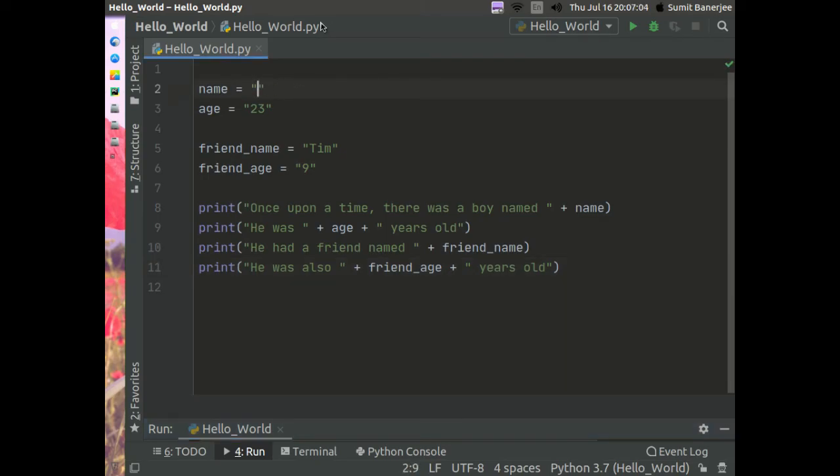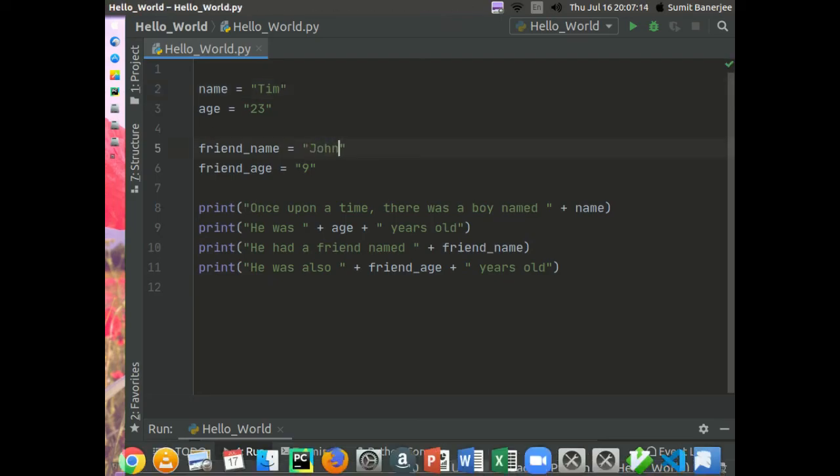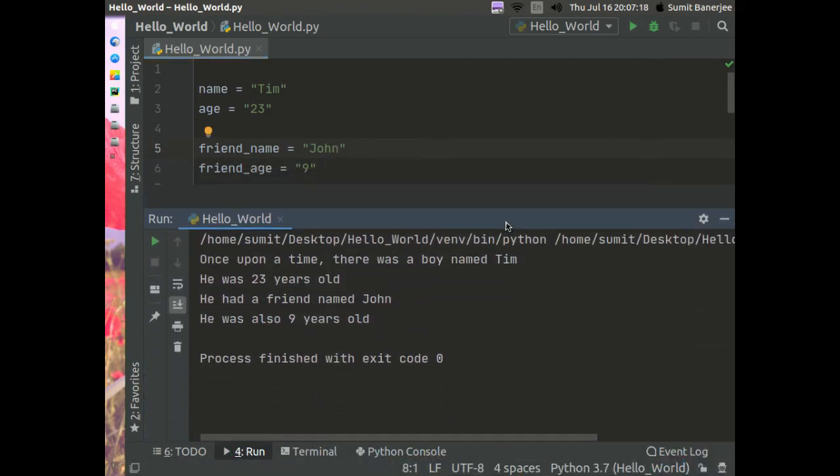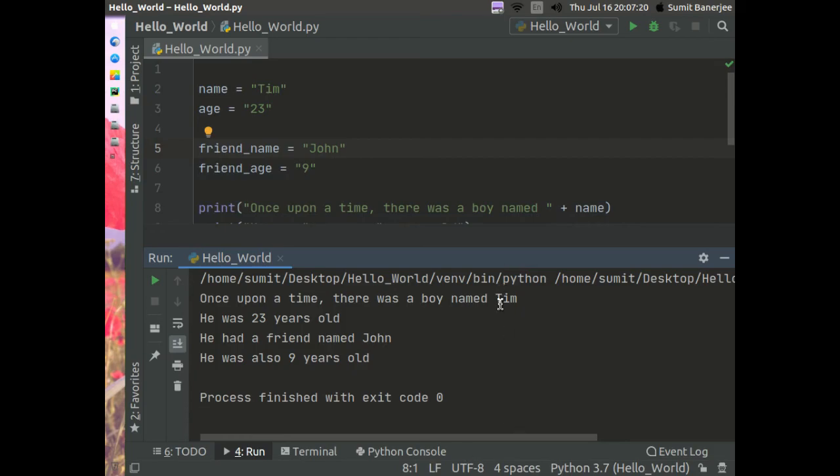Suppose I just again want it to be Tim, and then I want the friend's name to be John. Now when I run this program, as you can see, it has updated the values.